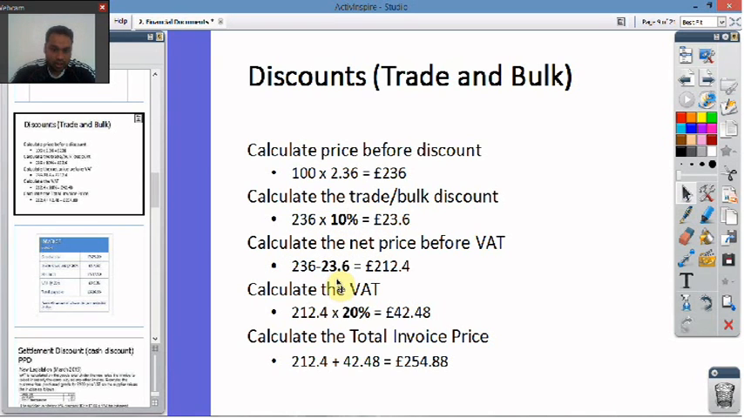Take away the value, 23.6. So you take that away from the total. You get 212.4. Then you calculate the VAT on that. 212.4 times 20% equals 42.48. Calculate the total invoice price. So it's that 212.4 value, add the 42.48 of VAT that you just worked out, gives you the total price